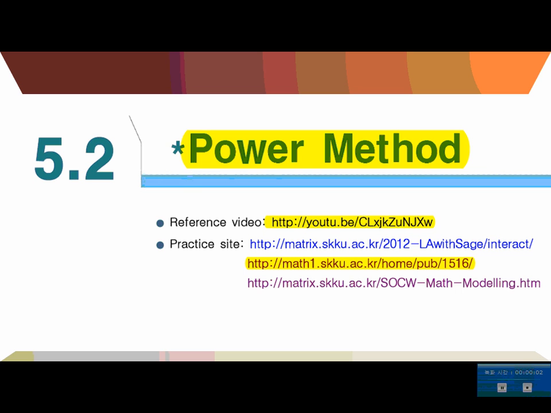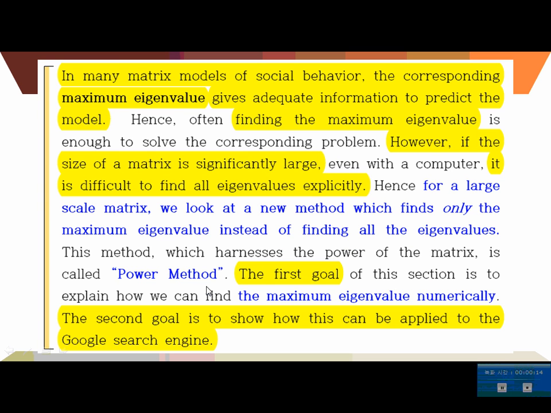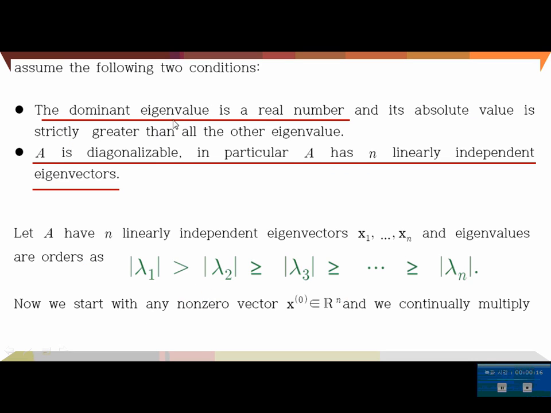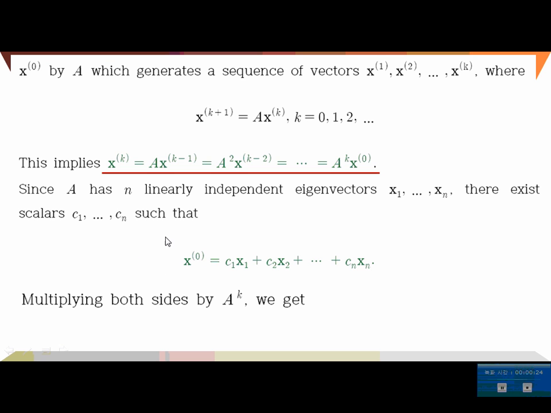Today we're going to start the QR factorization. Before we start, we will briefly review what we did on the power method. On the power method, we were looking for the eigenvalue whose absolute value is the largest, and by